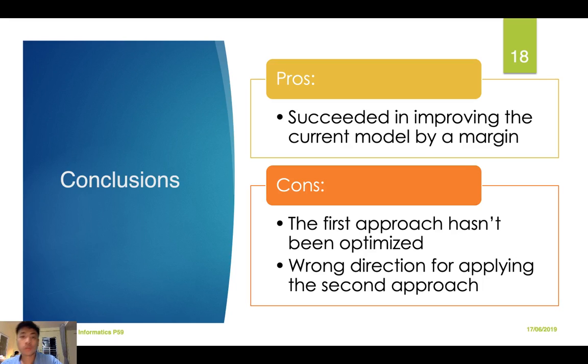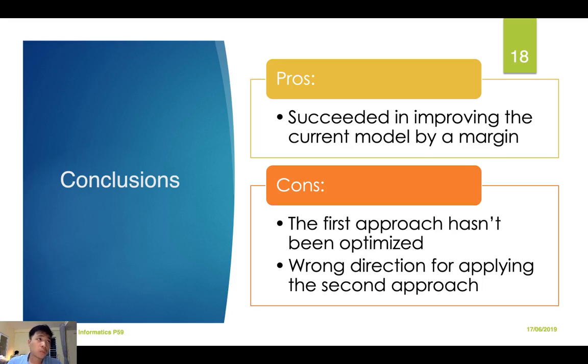So I'd like to give some conclusions about the work that I've done. The third approach has brought about some good insight. It improved the model, but not by much. But it taught me that additional good information on the input is very meaningful to the network. On the other hand, I've done something not quite effective here. The first model hasn't been well optimized, and I think I could do it in a better manner by improving my NumPy combinations with the PyTorch model so that I could train it in a much shorter time.